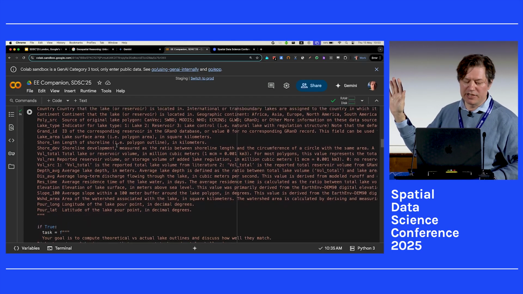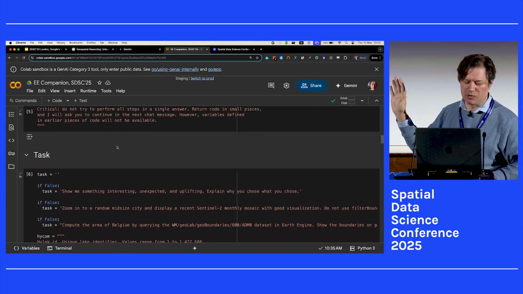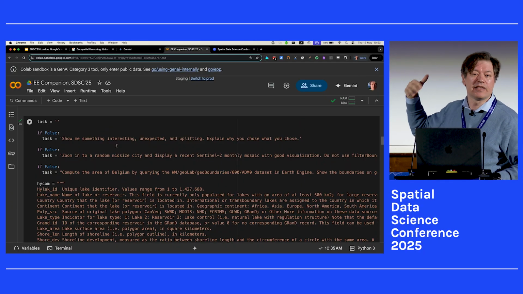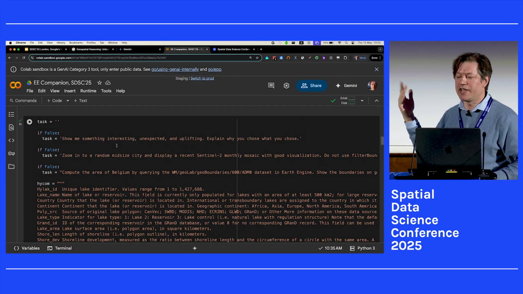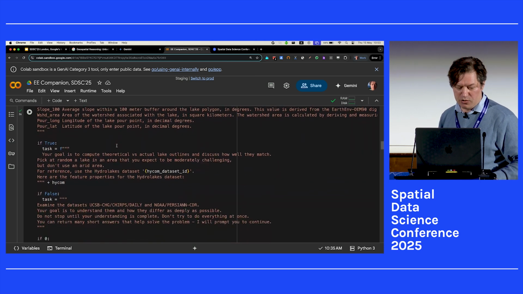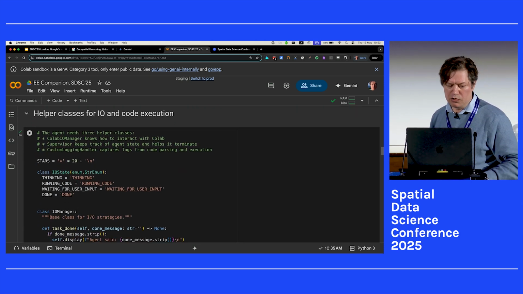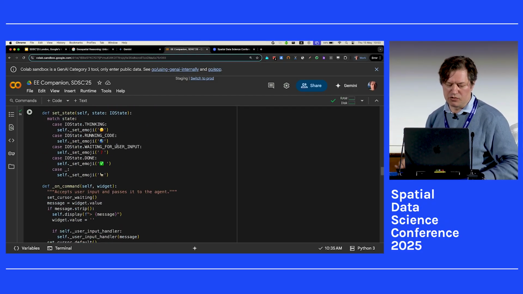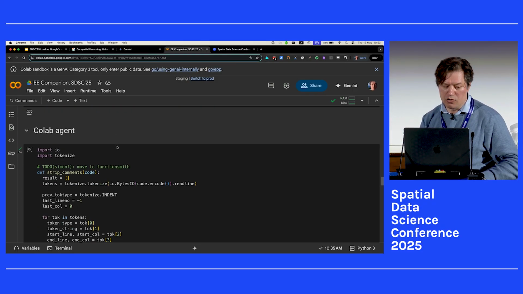So this is what happens in this prompting. And from that point, you could actually start asking questions in just plain language related to raster data, to imagery data. And so what I did here, I ran this notebook. There is some kind of helper code here to just do wiring of things together in Colab.